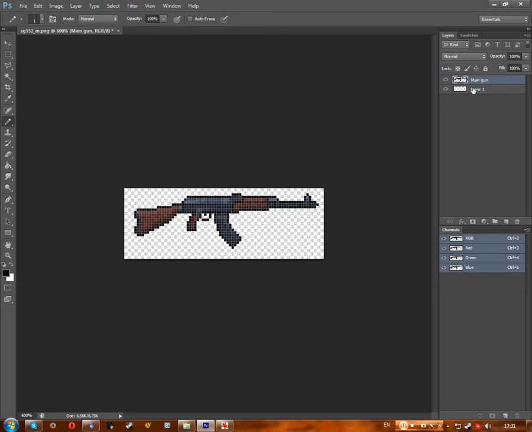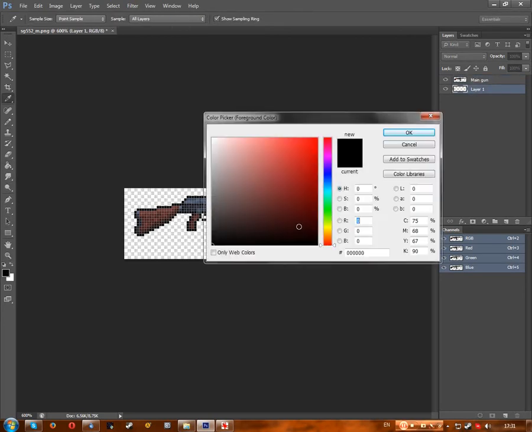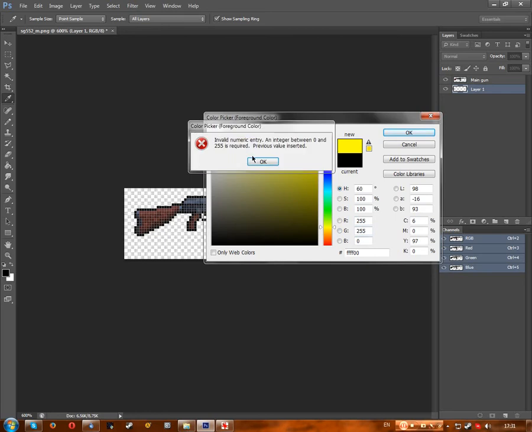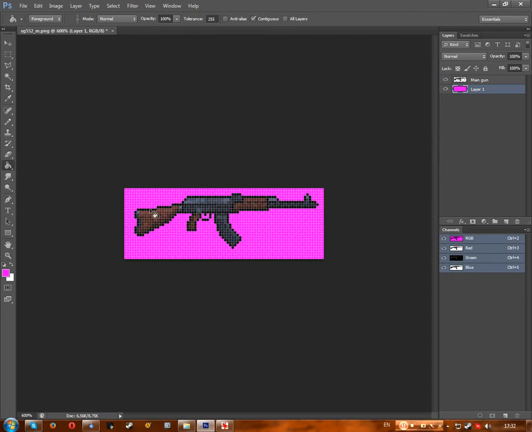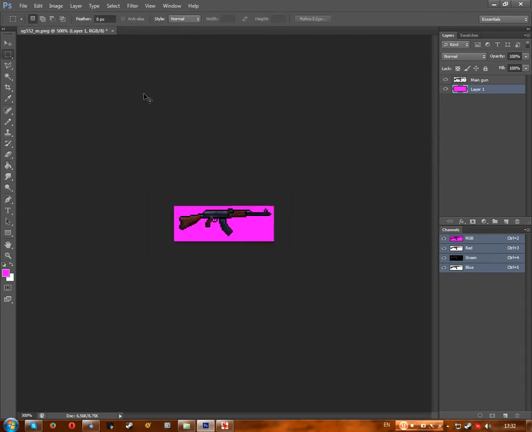And you want to fill this with R255 and no, G is supposed to be 0 and blue 255. So now you can see this little thing. This is the color we're trying to achieve. And now you want to fill the background with this. Basically, why I'm doing this is because I'm just playing with some stuff right now too. So very sorry. So now, why do I do this? Is because